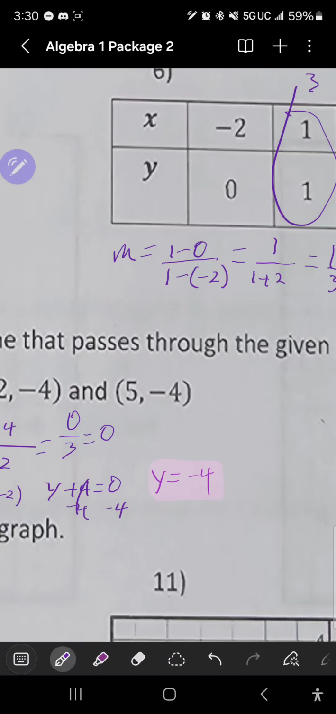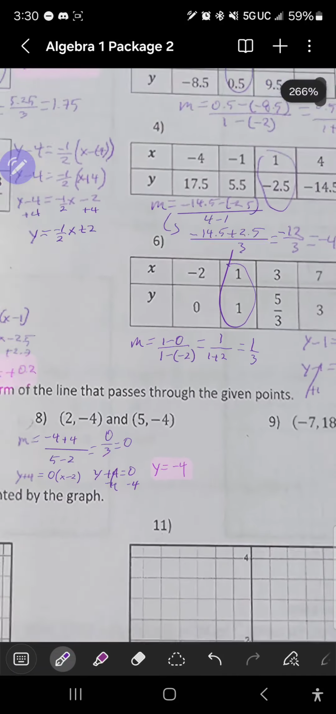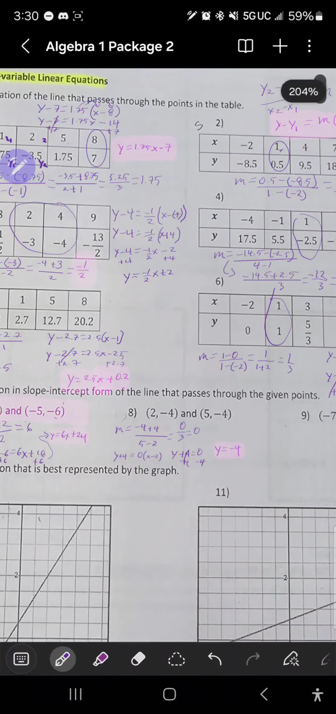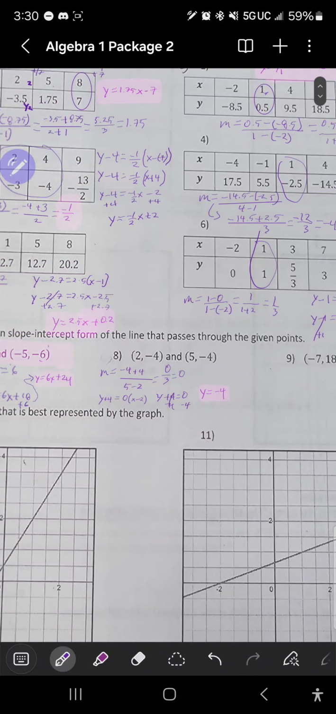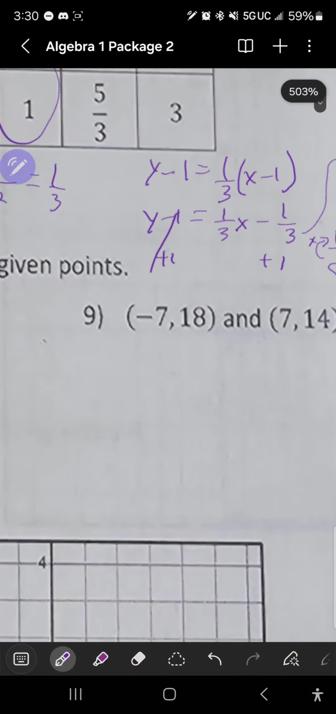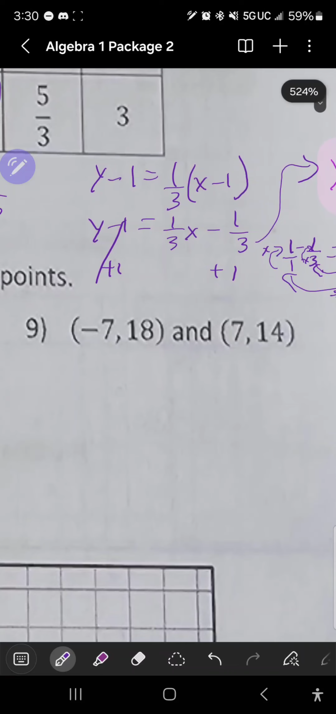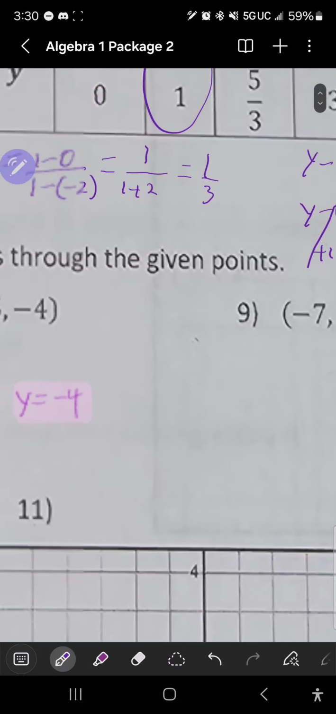You can, no, you already know, never mind. So that's basically it for number 8. And for number 9, we have